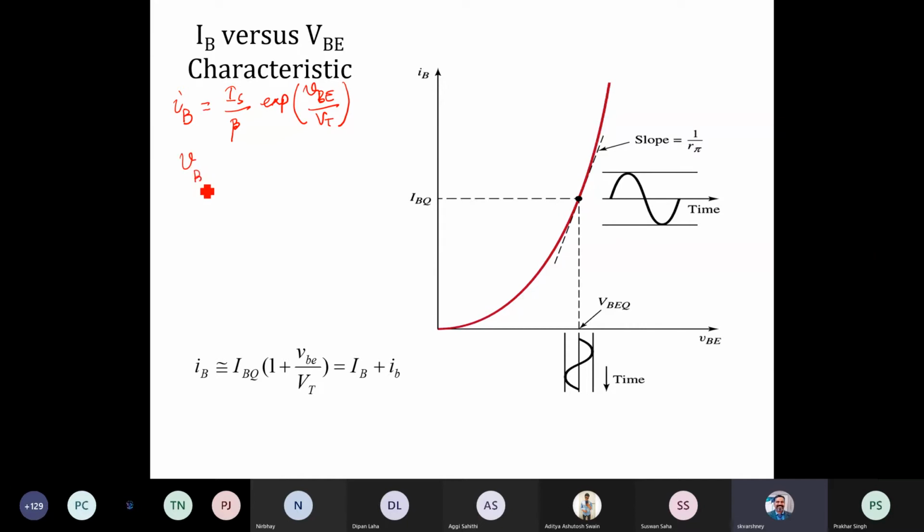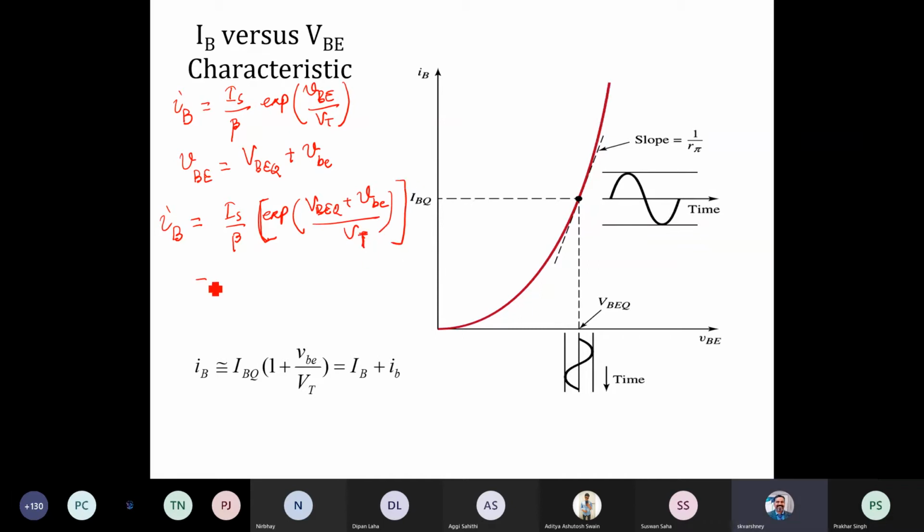So we can write VBE as VBQ at the quiescent point plus the instantaneous AC component, right? So it means that IB we can write as IS over beta exponential of VBQ plus VB over